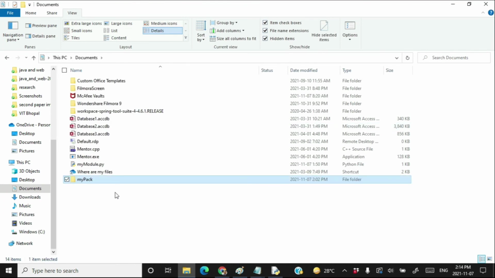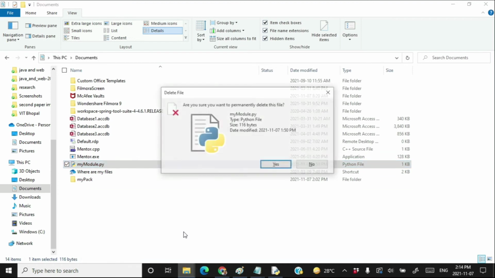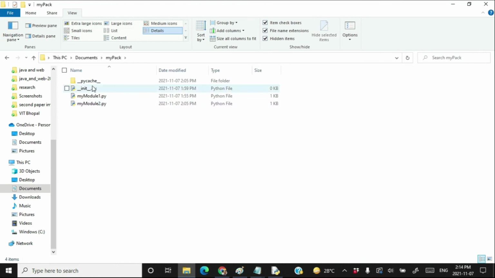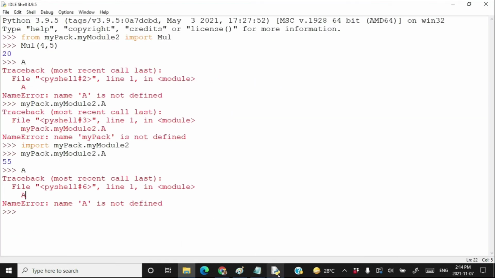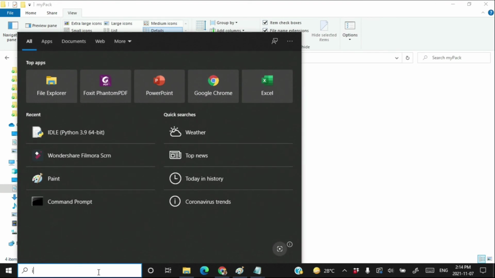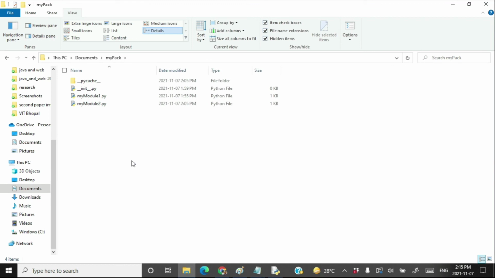So mypack has been moved to this directory, in the documents directory. Let's erase this mymodule, and open a new one. And as you can see here, a __pycache__ is also created in the directory mypack.